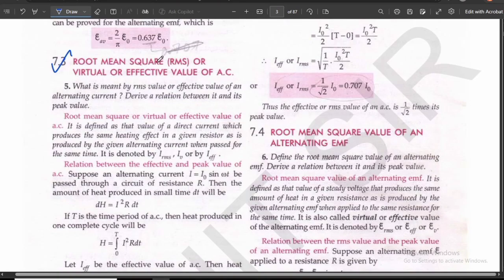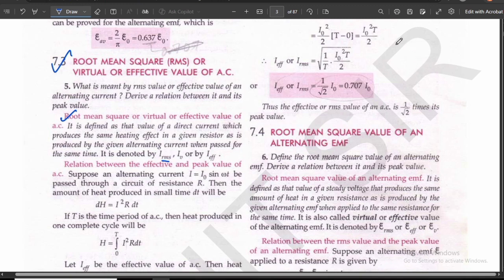Root mean square, or virtual or effective value of AC. It is defined as that value of a direct current which produces the same heating effect in a given resistor as is produced by the given alternating current when passed for the same time, and that is denoted as IRMS. So it says that the RMS value is that value